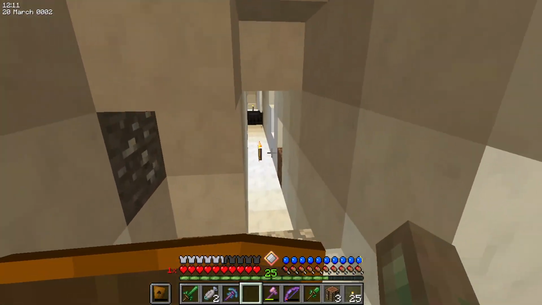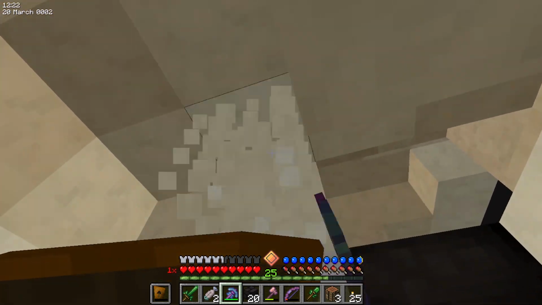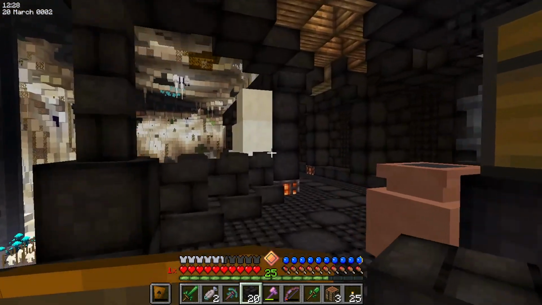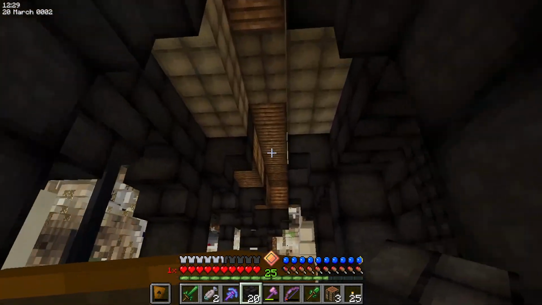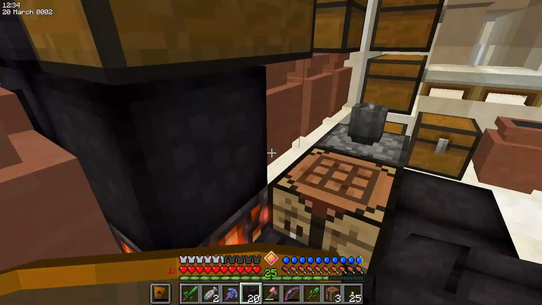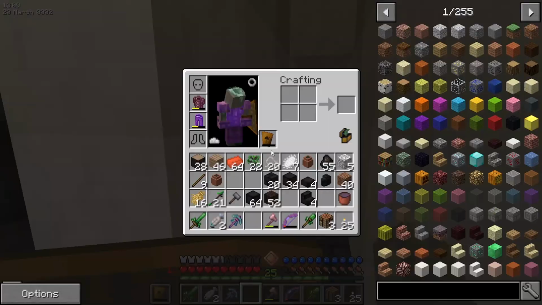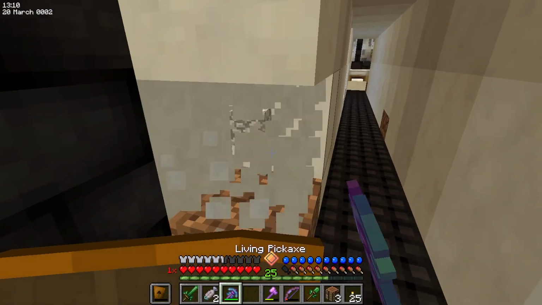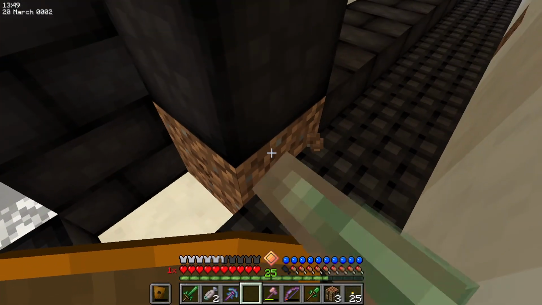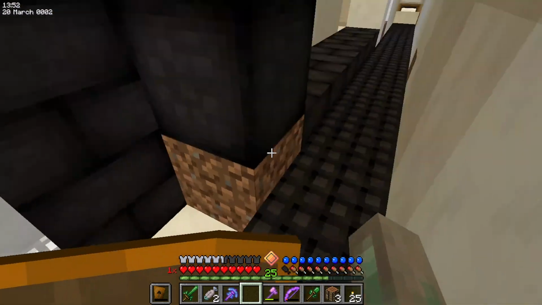Bricks on the side. And then obviously this is all going to be much taller. Did we decide that this is the correct height, or were we going to move it up one? I don't remember. I'd say it's probably fine. There. And then that'll be that. That'll be a lamp. That right there should probably be...